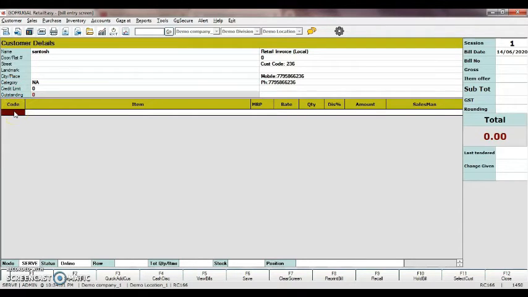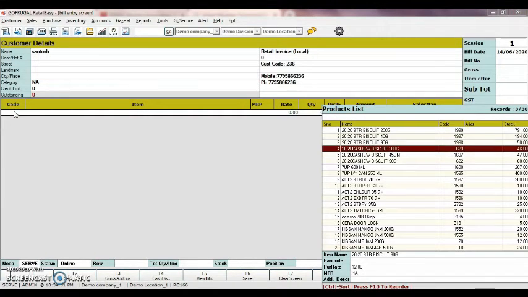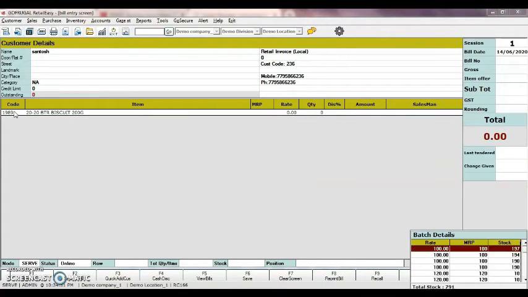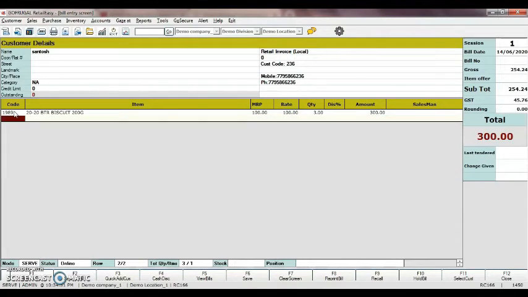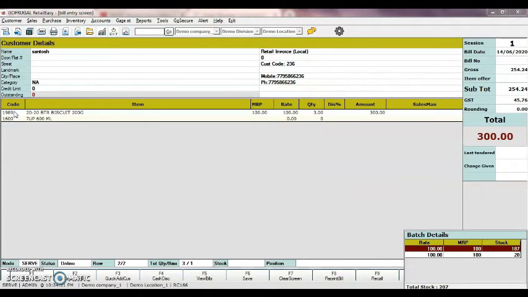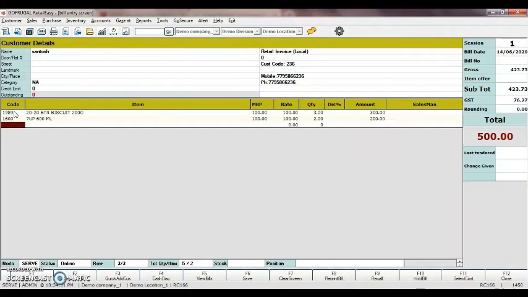So here selecting the item again has two different methods. One is through barcode scanning and the other one is through manual search. So if I want to do the manual search, I'll just click on enter and I'll get the entire item list, and I can select the item using the keys. So let's say if I want to bill for this item, I'll just click on enter and then select the batch and then give the quantities of purchase. And then again I'll click on enter and then select the next item. So this way I can keep on adding the items whatever the customer has purchased.